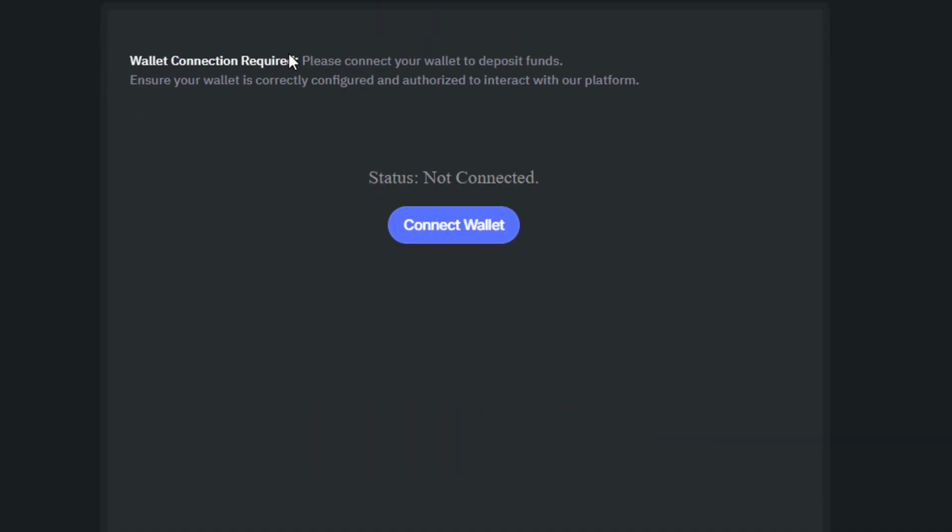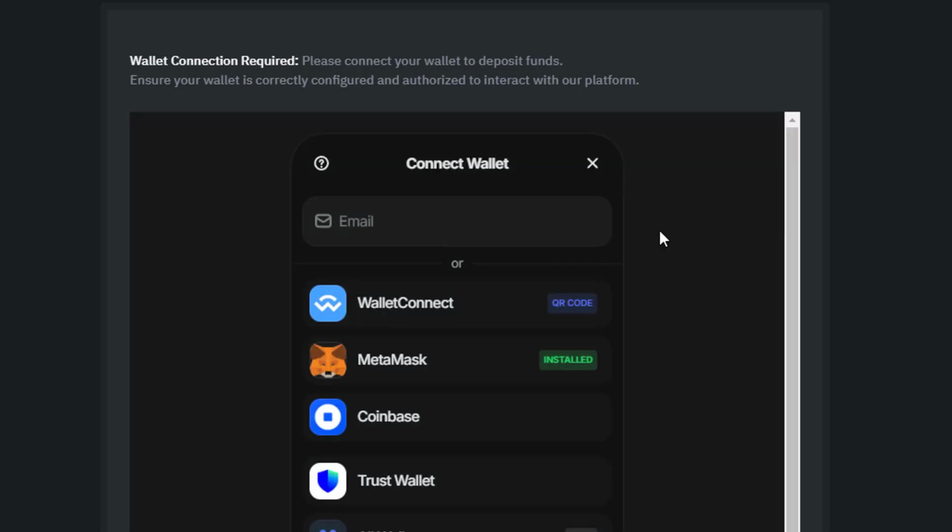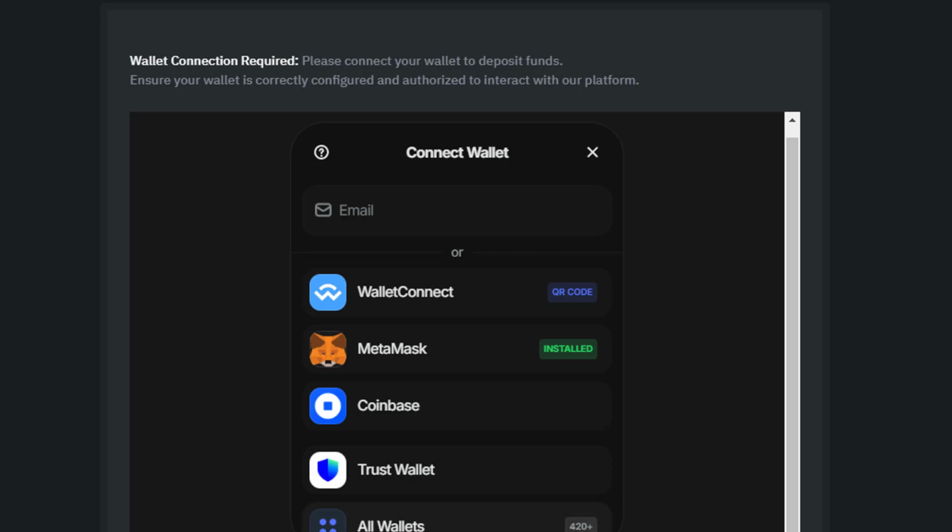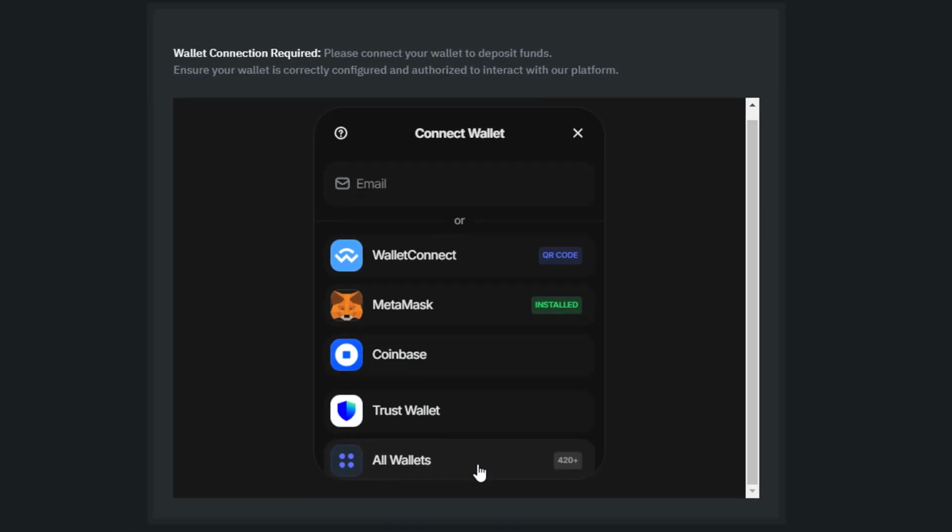Now, I thought I had already connected my MetaMask wallet. No, okay, we're not connected. Good. So we're going to connect the wallet, left click. Be mindful, there's a bunch of wallets here. We can't possibly know all the wallets. So in my training, I'm training on MetaMask. I'm not going to store Flare long term in MetaMask, but I am going to use MetaMask as a conduit to get funds into BDM, and then when I'm ready, to withdraw funds. I'm just not going to store long term in MetaMask.